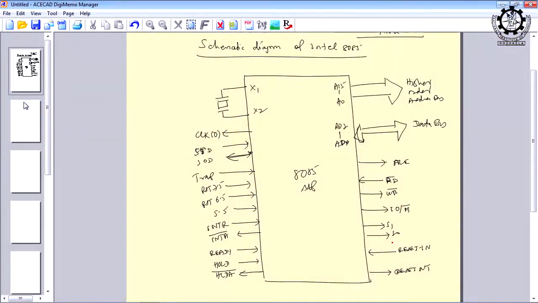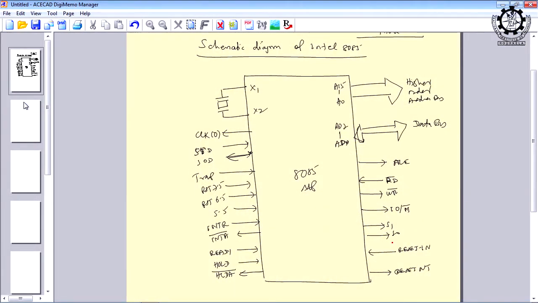exact pin number, because you can see there are a total of 40 pins, 20 pins on the left side and 20 pins on the right side. But we are not so concerned about the pins, rather we are concerned about the types of signals associated with the 8085. And from this diagram you can easily observe some of the signals are output signals and some of the signals are input, and they are equally important.